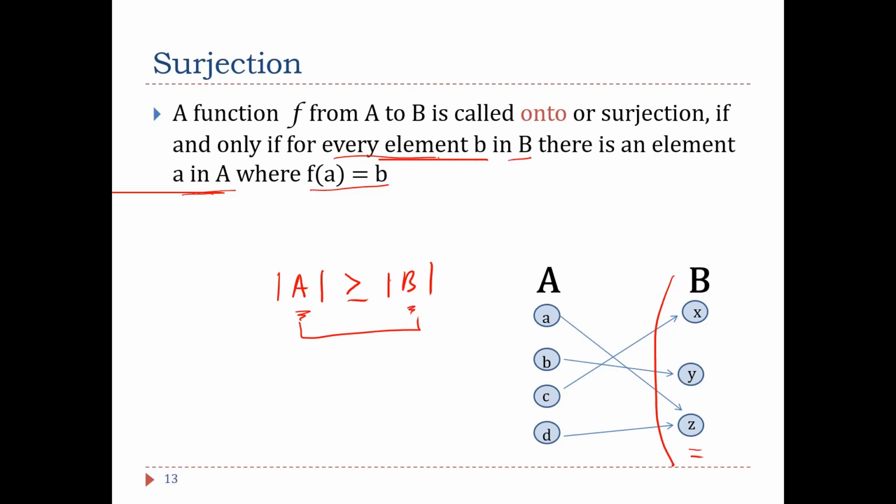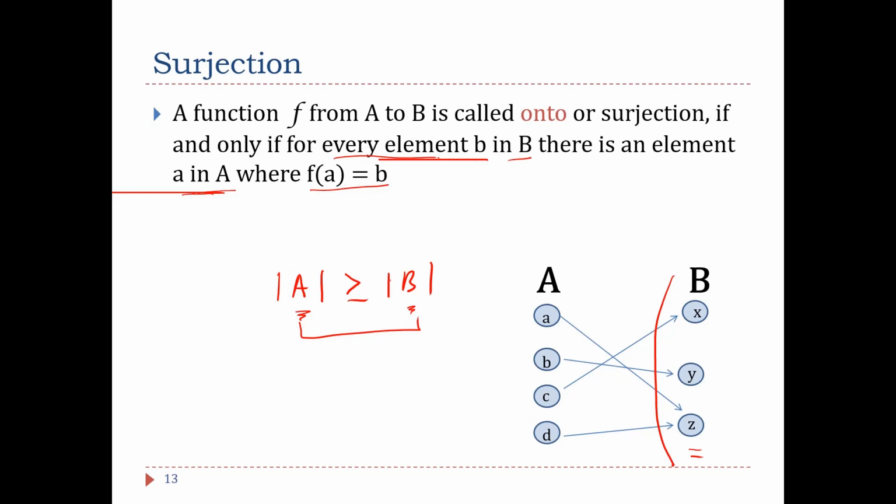So you cannot create a function that is both surjective and injective, which means it's bijective, unless you have the same number of elements, because every element in A is already having a certain image in B. You want to make every element in B an image of a certain element in A, but it should be an image of a different element from A. So if you add all these constraints, then you end up having the size of A equal to the size